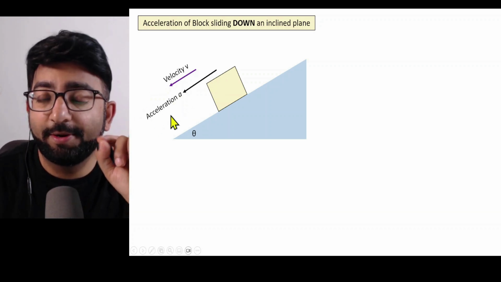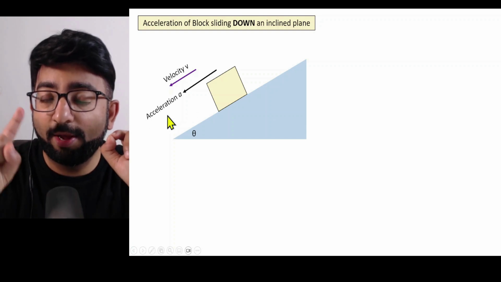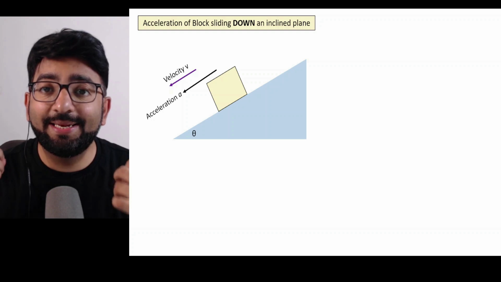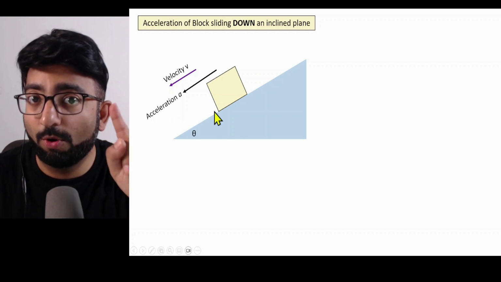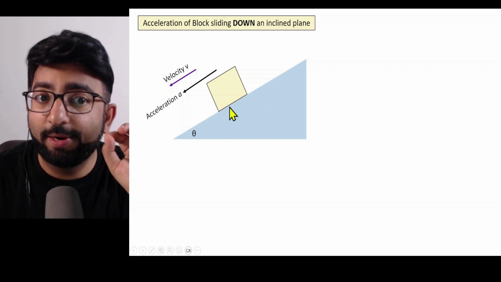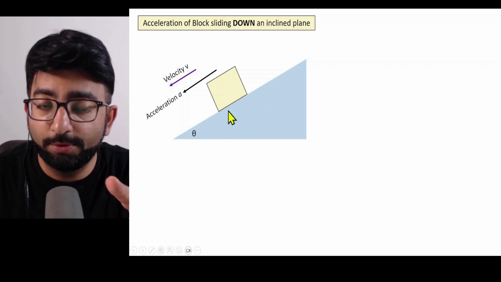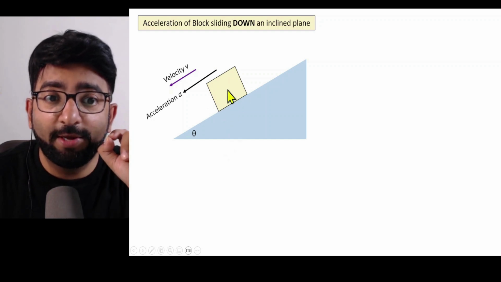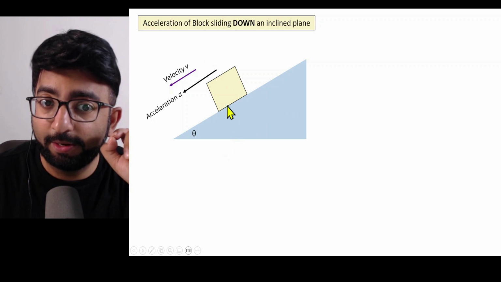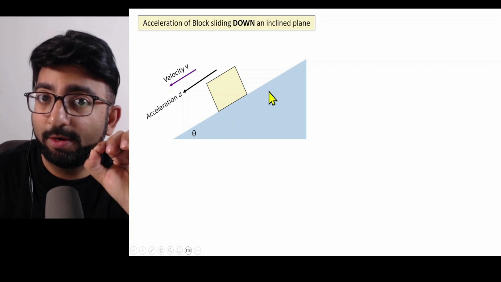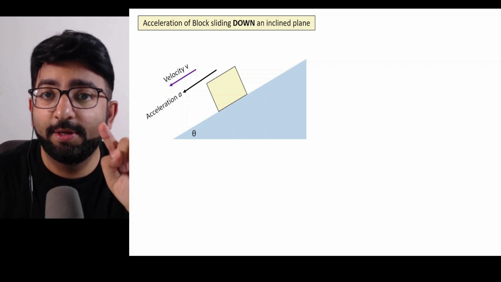So how do we find the magnitude of the acceleration? We use Newton's second law, F is equal to m into a. So step one is to identify what is the net force which is acting on this block. Before that, we need to draw the free body diagram. So if you analyze what are the different forces acting on this object, the first force is the obvious weight going downwards. We have the normal reaction which is perpendicular to the incline. If the inclined plane is rough, which means friction will come into play, and the direction of friction is